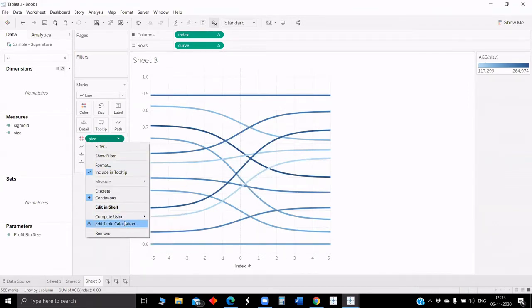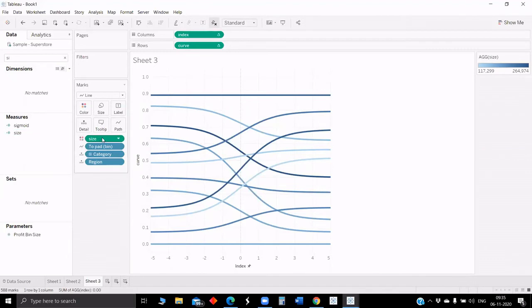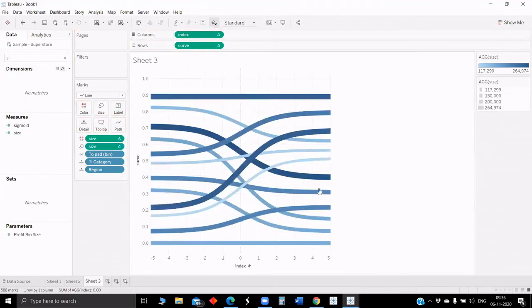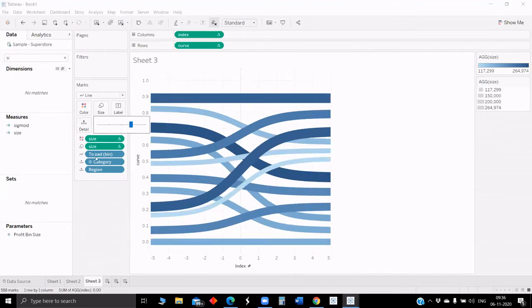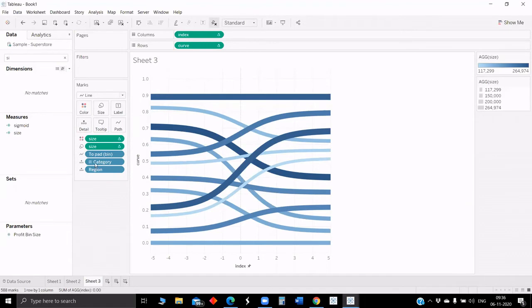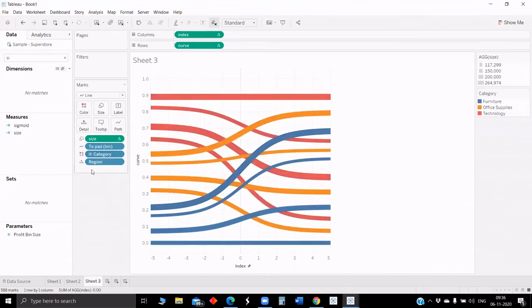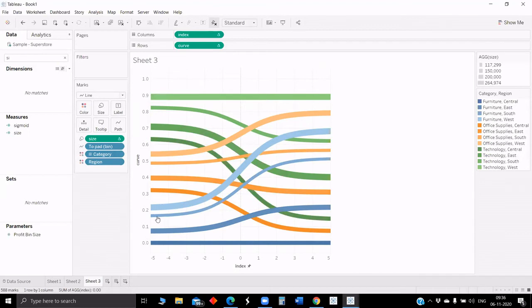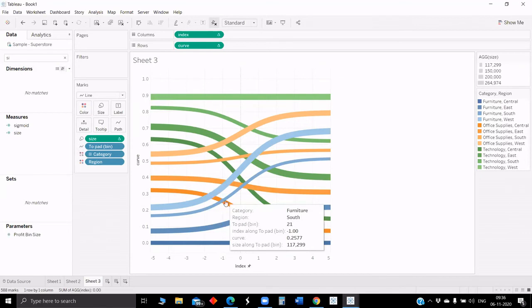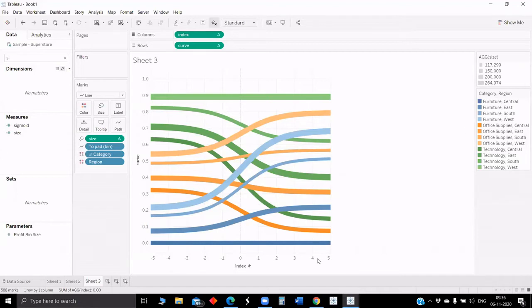Size went into color. Okay. Increasing on the dash. Okay. So this is the curve. Now we have to just make the stacked bar on both sides and put it in a dashboard. So any doubts? Okay. Yeah.